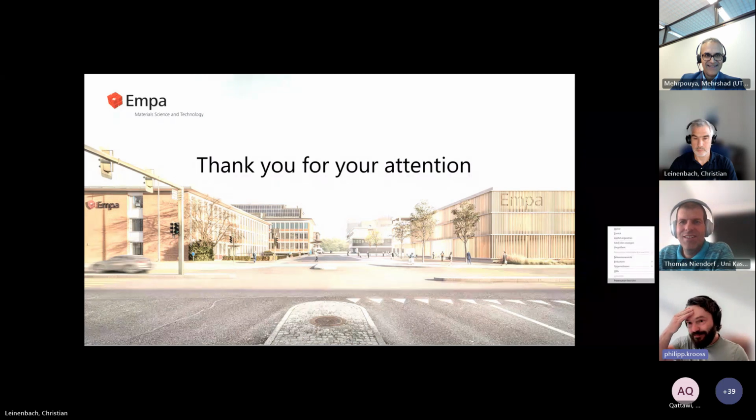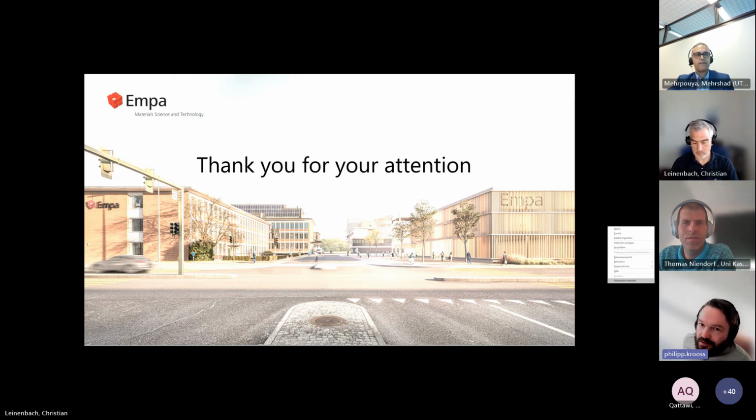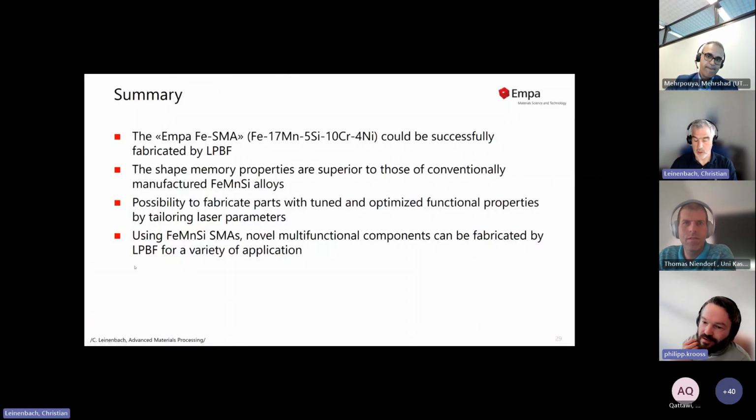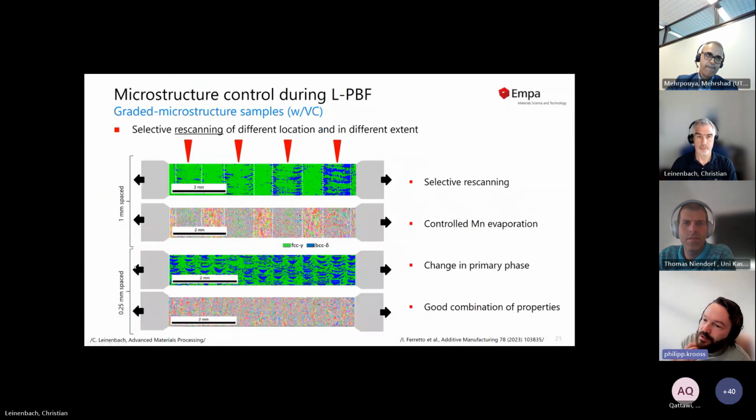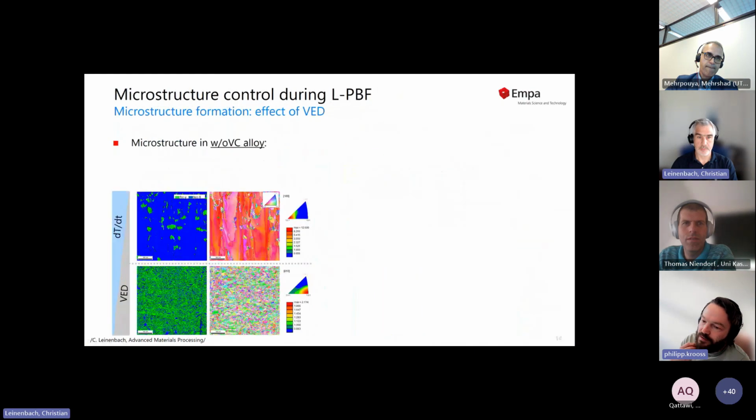Thank you, Thomas, and thank you, Christian, for this wonderful talk. As we all know, additive manufacturing is a really nice technique to produce near-net shape products, and also, as you just mentioned, microstructure design in this particular alloy. I have a question about the subgrain structures you mentioned in the beginning of your talk. Does this seem to be also connected to the additive manufacturing process, or is this not found in conventionally processed alloys? So is this one of the reasons why you have this higher strength in the material?